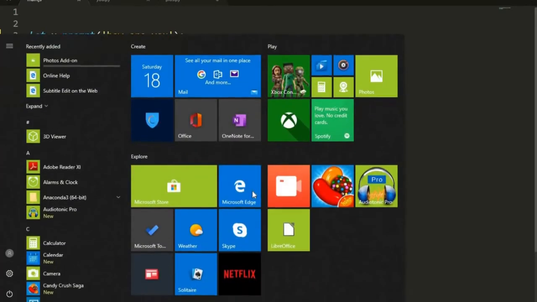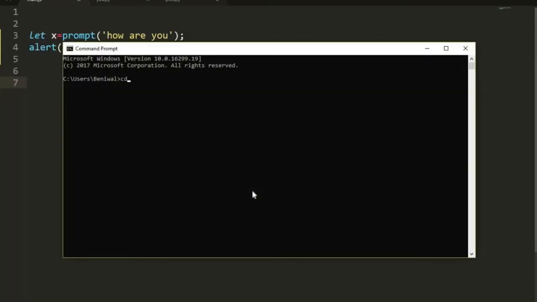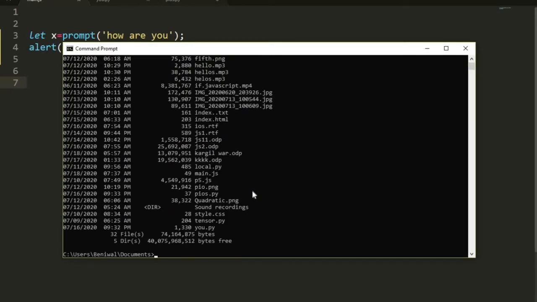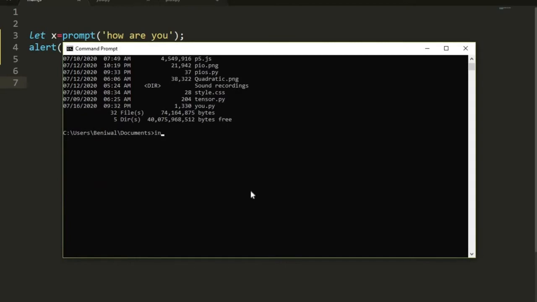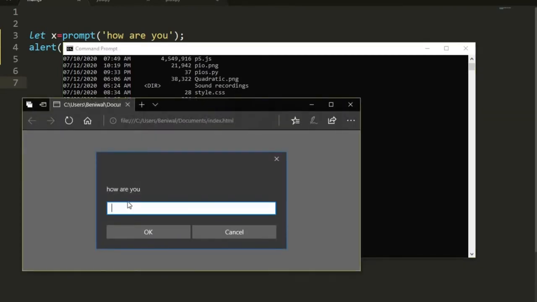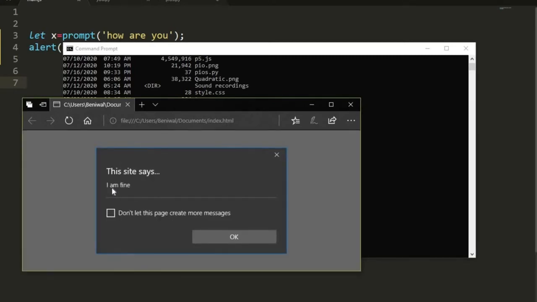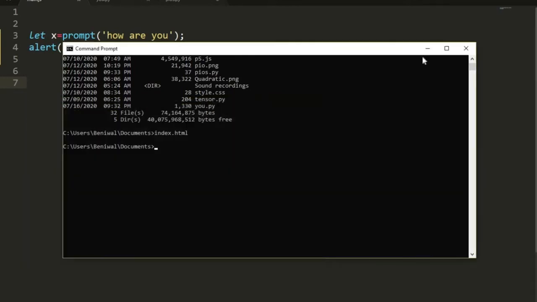So going to CMD and cd documents, and opening the directory with index.html, and when we run this, as you can see it says how are you, and I say I am fine, and when we click OK on this, we got our output. So whatever we type in this, we got as output.